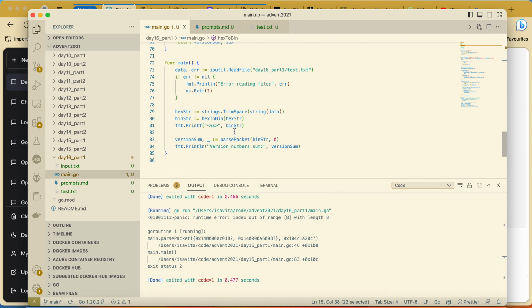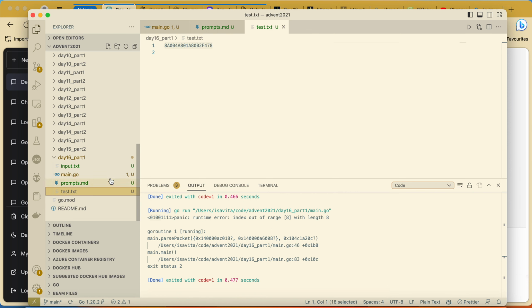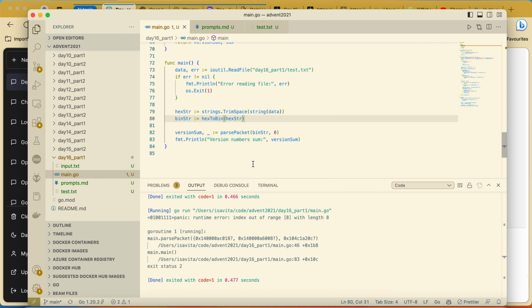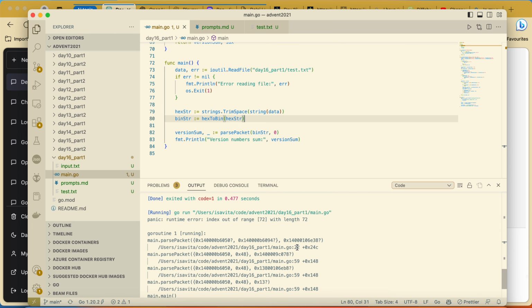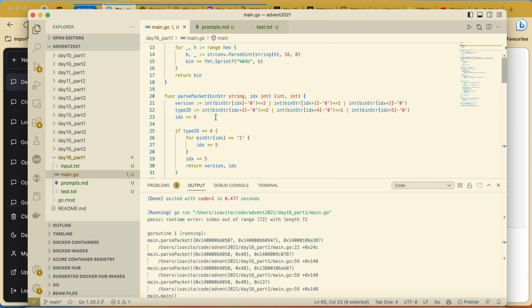Up to that point we are all okay. It seems the bin string is fine, and we want to see what happens when we run it with the actual test input, what's happening in our parsing, because on line 22 we are trying to index something that is exceeding the length of our string.